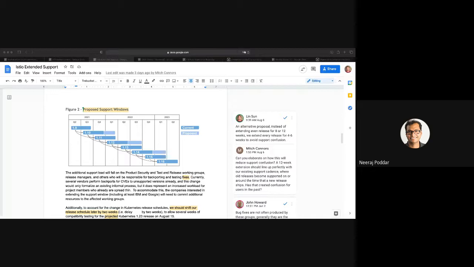Like John is saying, I have not seen a vendor go in and patch an earlier bug fix in any of the branches. It's very rare. So it's not happening in upstream at all, I think. So that needs to be addressed. But for product security working group, I think we are mostly doing it.